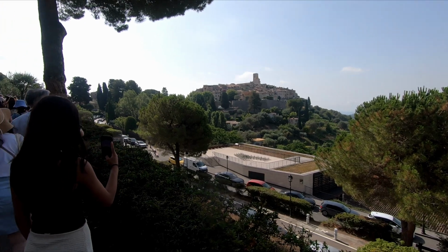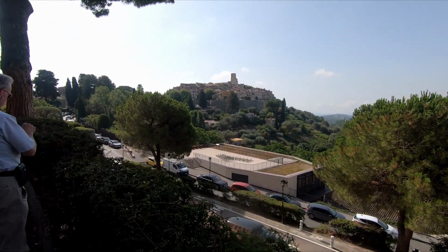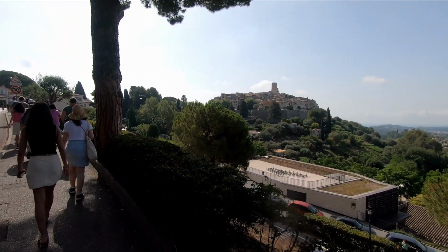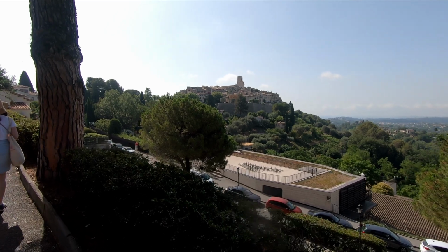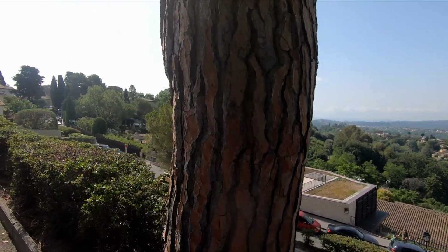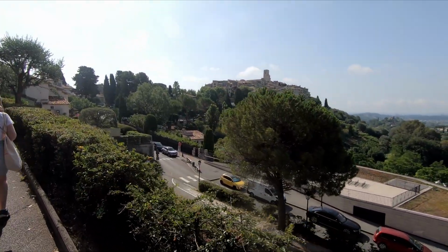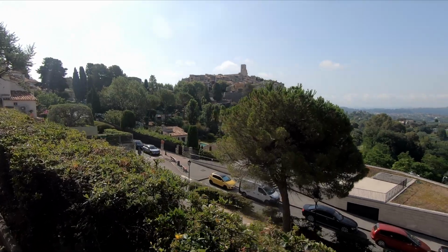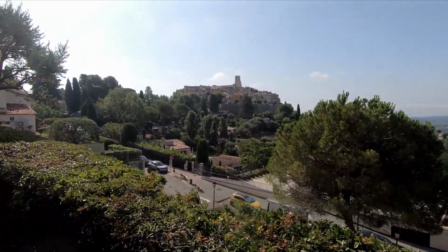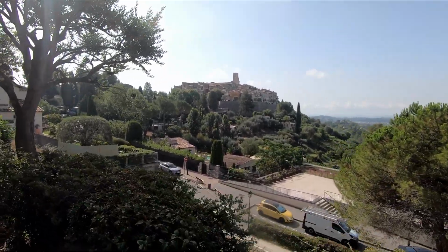Today we're starting our trip with a walking tour of a hilltop community called Saint Paul de Vence. This is the first view of it here in the distance. It's another medieval walled city. The church that's prominent on the top there was built in 1000 AD. So, old city. No cars allowed in there. So once you get up in there, no vehicles because the streets are too narrow, but